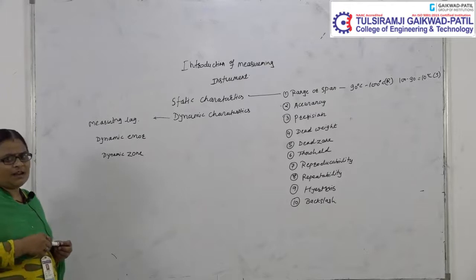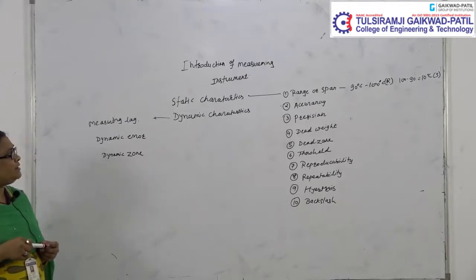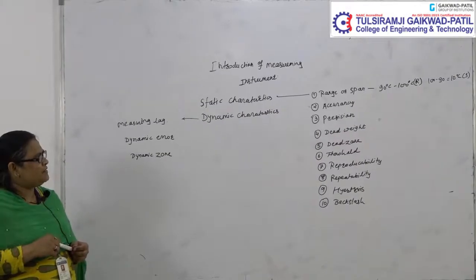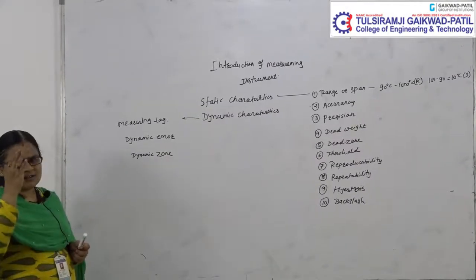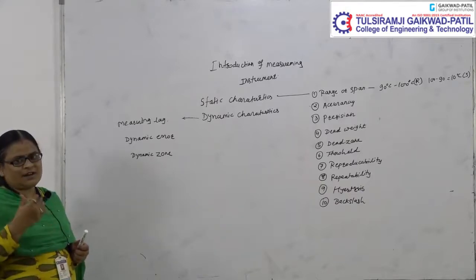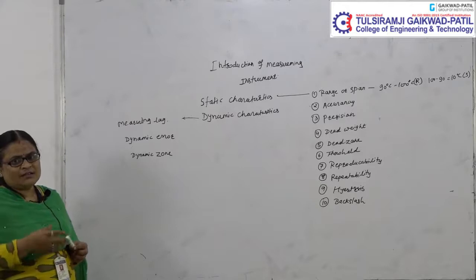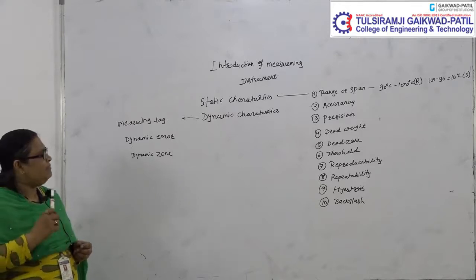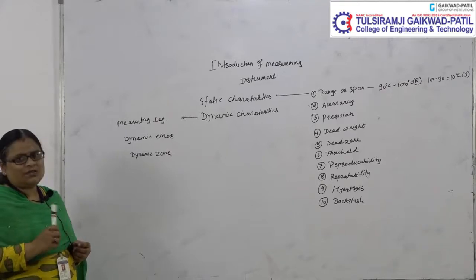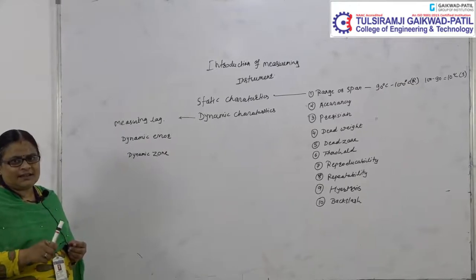These are the parameters which you have to learn in the introduction or repeatedly, part of the static characteristics and the dynamic characteristics. The static characteristics can be explained with respect to the characteristics of an instrument, and dynamic characteristics can reflect the dynamic parameters of the instrument, that is the main thing, and these characteristics can be asked in your examination. Write down the static characteristics.